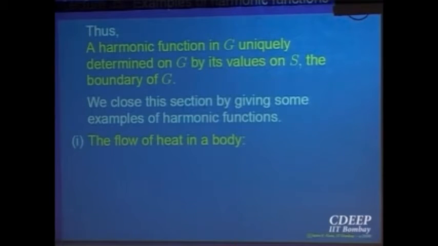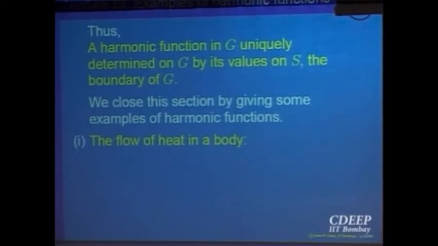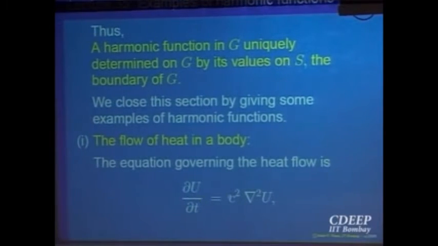the coordinates are x, y and z. The time is t, and at time t you note down the temperature of the body. So it is a function of 4 variables: the position x, y, z and the time. From physical considerations, one deduces, like taking a small portion, how much of the fluid is going in and how much is coming out, all those things. We have seen that actually for a fluid flow. The partial derivative of u with respect to t is equal to c square, where c is a constant which depends upon the body and other conditions, times the Laplacian of u. Okay.